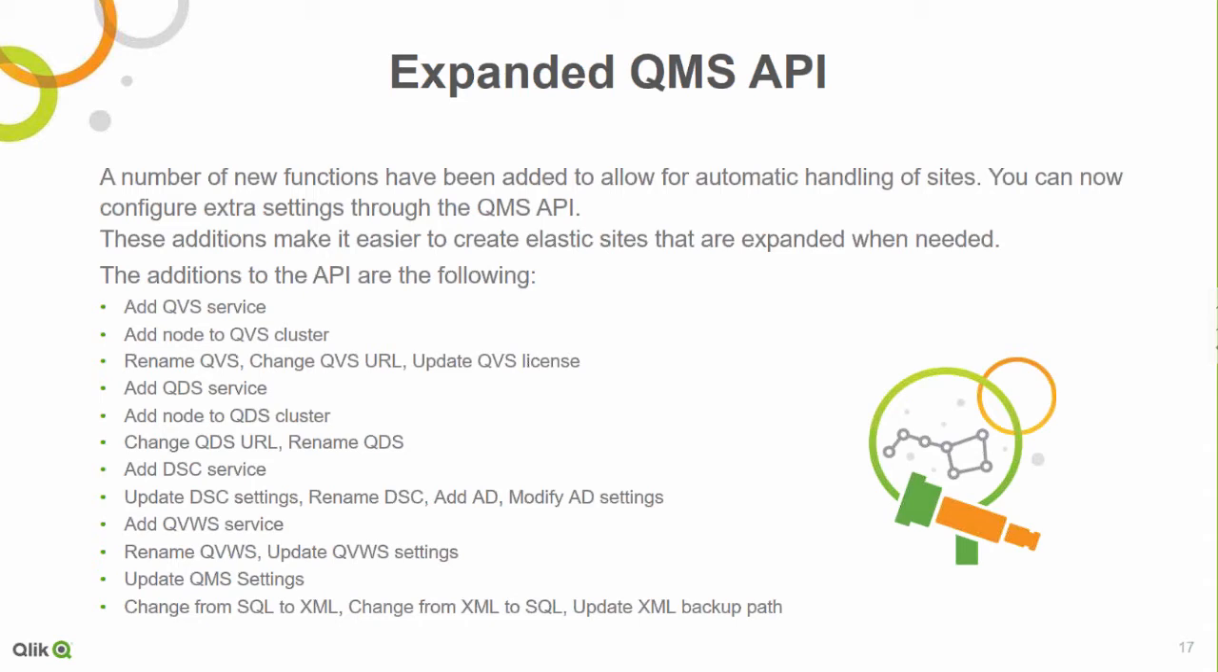So we have an expanded QMS API. I'm not going to go into huge detail on this. You can see a list of the features that are added here with a bit smaller text. I don't know if you can read it properly, but definitely go into the documentation and take a look at this if you're interested. The purpose of these new additions is to make it easier to create elastic sites. So that's pretty exciting. You can create something that will actually expand and grab more resources when necessary or add